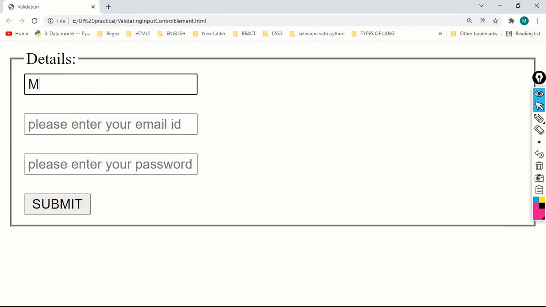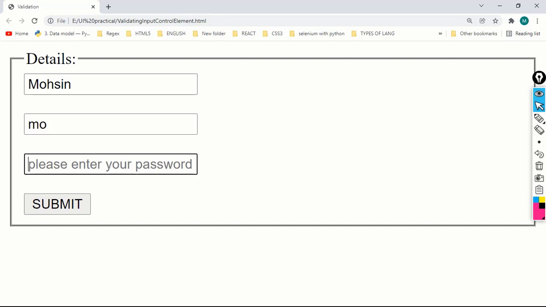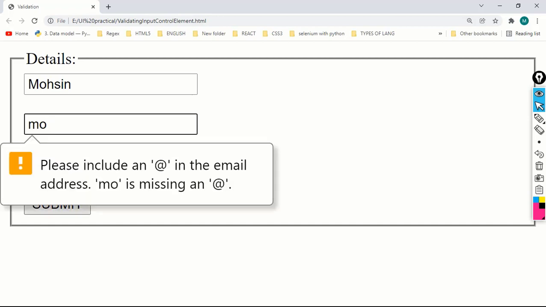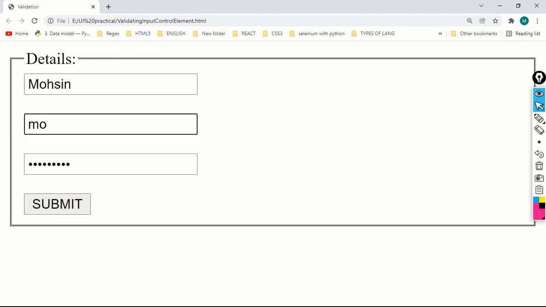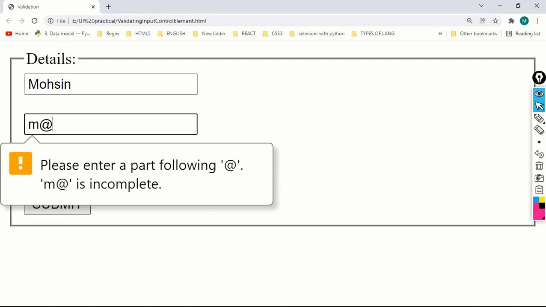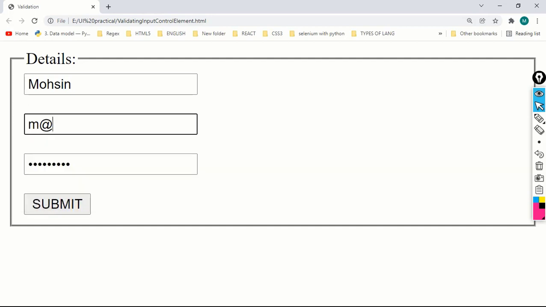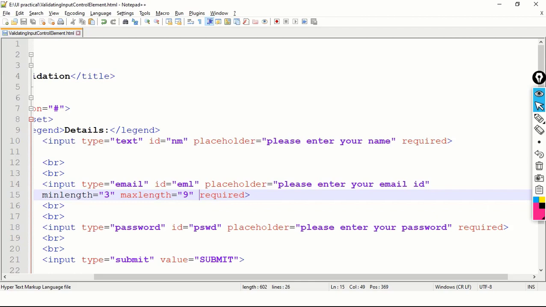I will write my name Mohsin, email ID MO, and password ABCXYZ, and click on submit. See what is happening: please include an @ in the email address. Okay, fine. Now I have included @ and reduced the characters, so there are total 2 characters, and click on submit. Please enter a part following @, it is incomplete. Okay, fine, no issues.